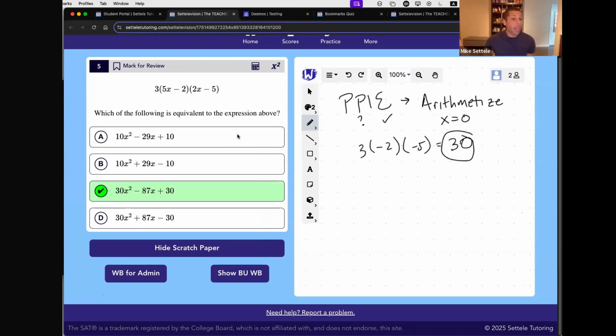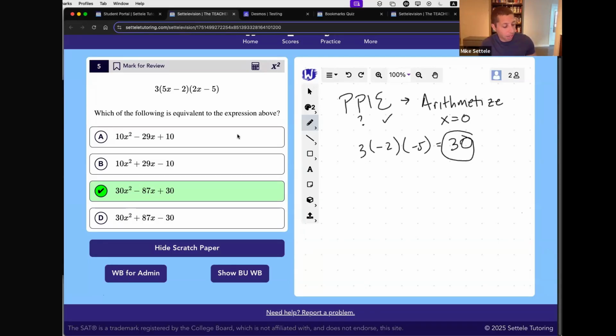So we could FOIL this out. I know that you guys, no matter what math level you're in, have probably done hundreds, if not thousands, of questions where you've had to FOIL out these kinds of things. So your habit, your robot brain, is programmed to just start doing that FOILing. And it's not so bad, but I want you to start thinking about this other way and make a conscious effort to do that.